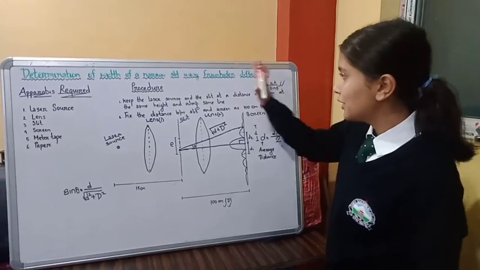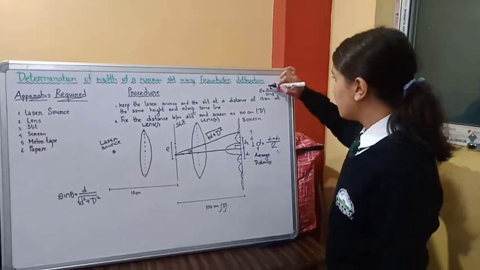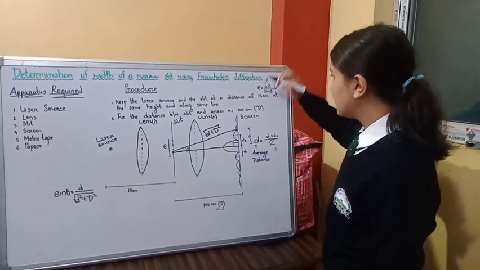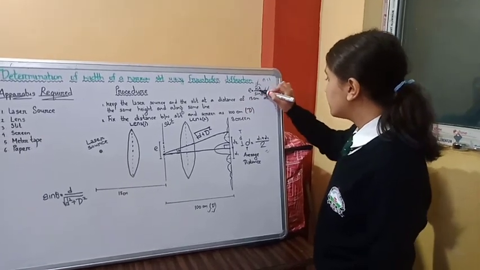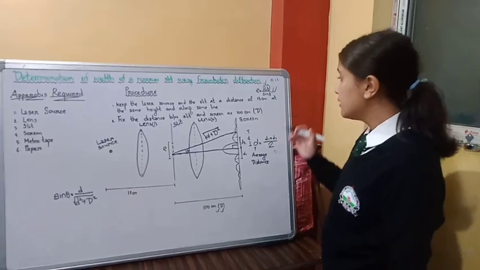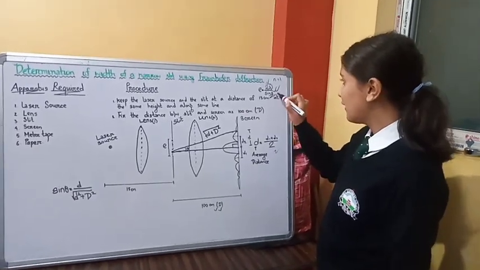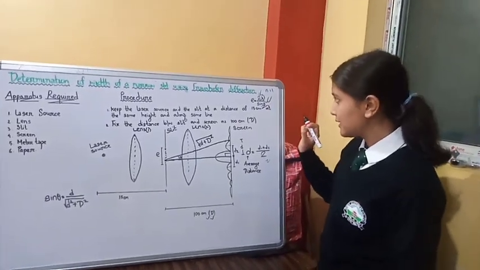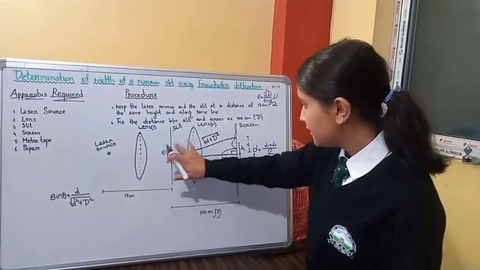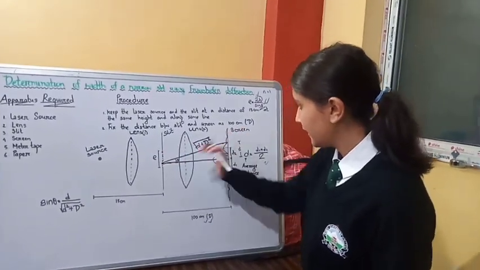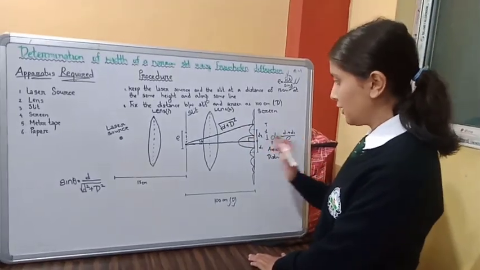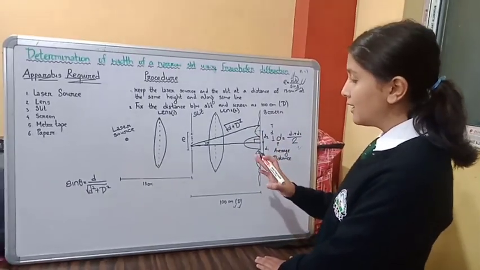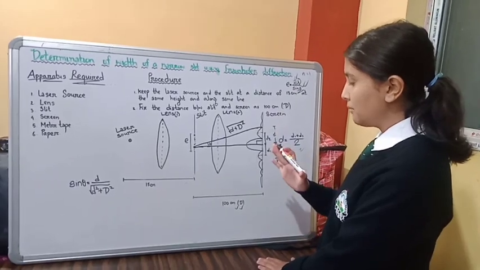After doing all this, we know the value of n, it's first order, so we write n equals 1, and the value of lambda is provided to us, but we don't know how to find sine theta. For sine theta, we use this part of the diagram. From this part of the diagram, we can find the value of sine theta. We know that sine theta is equal to perpendicular by hypotenuse.